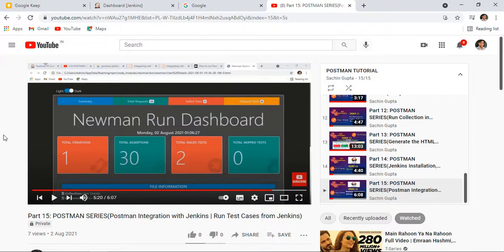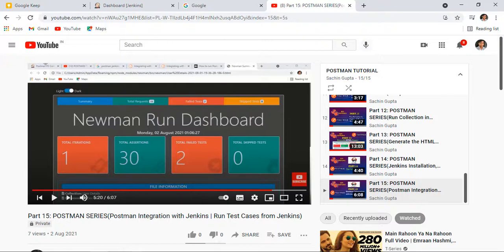So which we can see here inside the Jenkins, like how many test cases fail, how many pass. So we can easily see inside the Jenkins. No need to go to the directory to open the report and see what the pass percentage is and what the failure is. Alright, so let me continue.